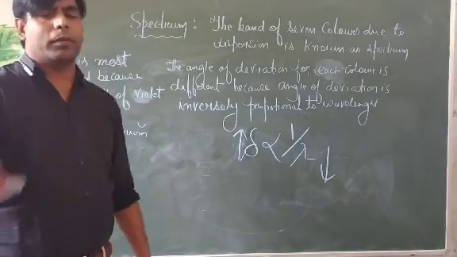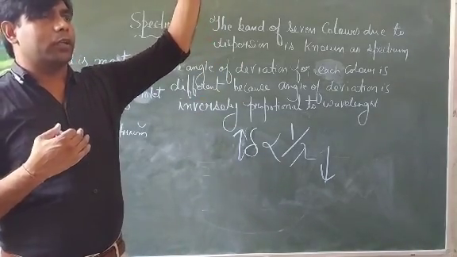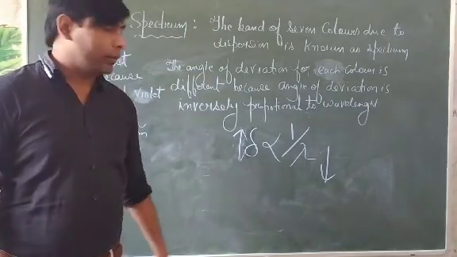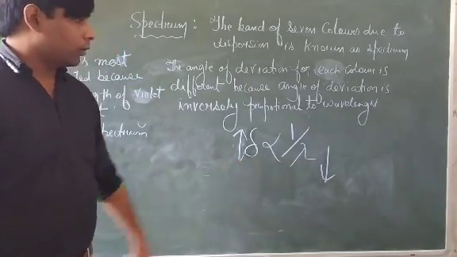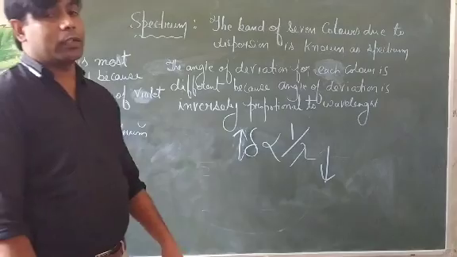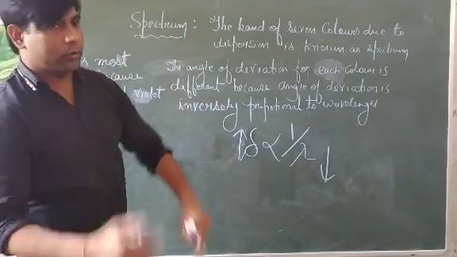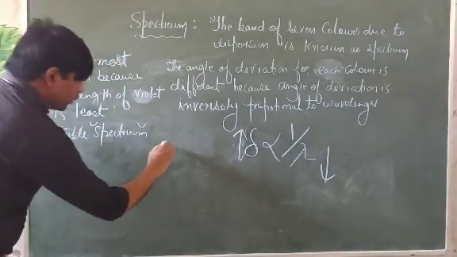So different colors will have different angles of deviation. We see that red, at the top, is the least deviated, because its wavelength is very large, so the angle of deviation will be small. It will bend the least. The wavelength of violet is the least, so it will have more deviation, so it will lie below the band of seven colors, right? Here you can write